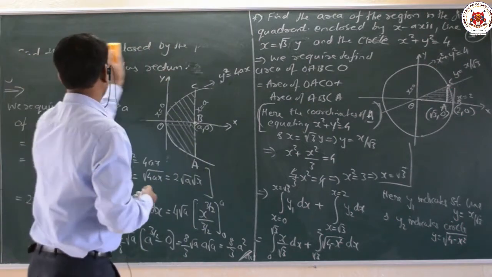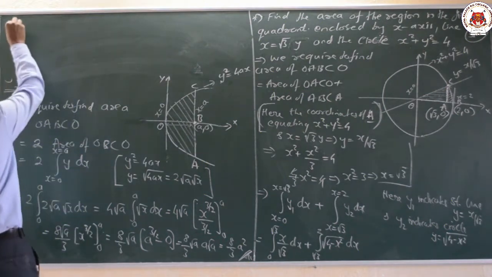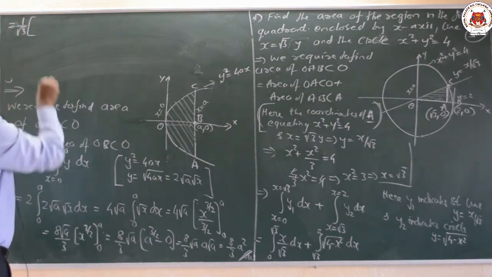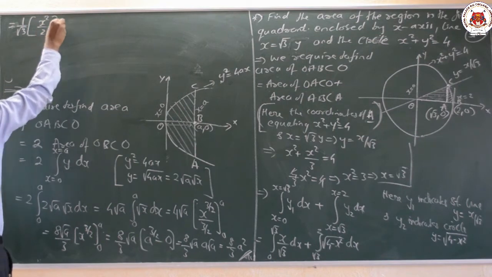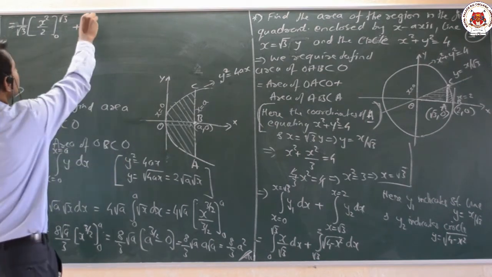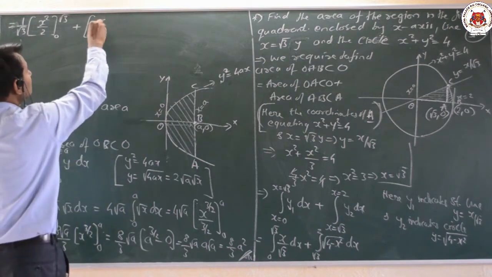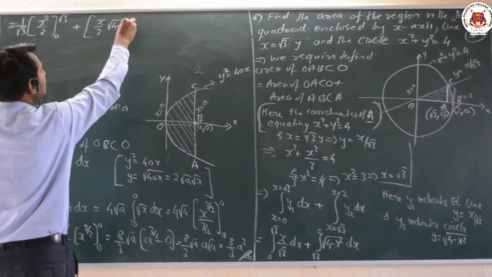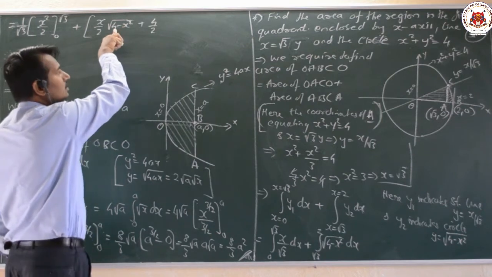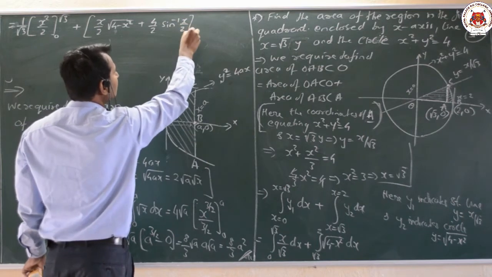Okay, so now let us integrate this value. Let us observe what we get here. So which is equal to, first one, integration, 1 by root 3 I will take it outside. Integration of x is nothing but x square by 2 between the limits 0 to root 3. Then plus, what things can I take as constant? Nothing constant is there. Directly it is the integral of root of a square minus x square, that is nothing but x by 2 root of 4 minus x square plus a square by 2, where a is equal to 2 here, so 4 by 2, sine inverse of x by a, that is x by 2, between the limits root 3 to 2 here.